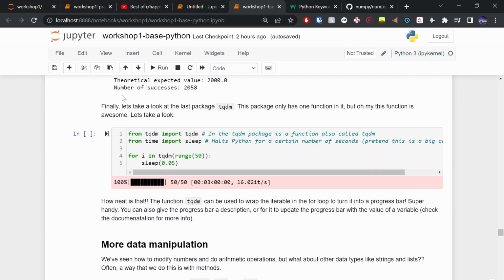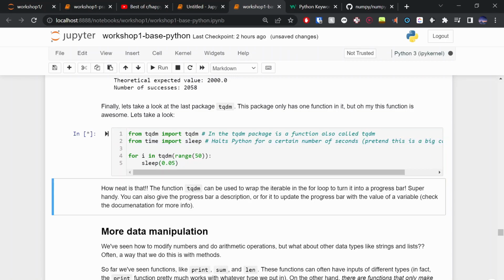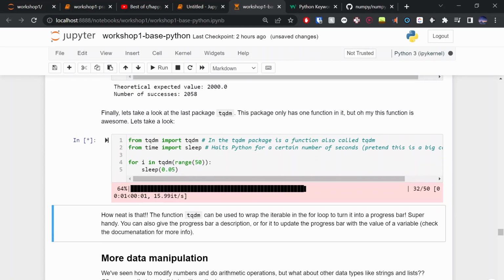If you imagine you're doing this in Python, the way I would do this before is, oh, print done with iteration 26 or whatever, right? And it just fills up your text output. The nice thing with this is if I just run this cell, this sleep function, just ignore it. This basically means, hey, just don't do anything for 0.05 seconds. But it just gives us a nice progress bar.